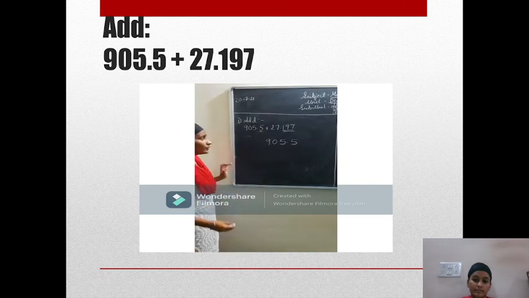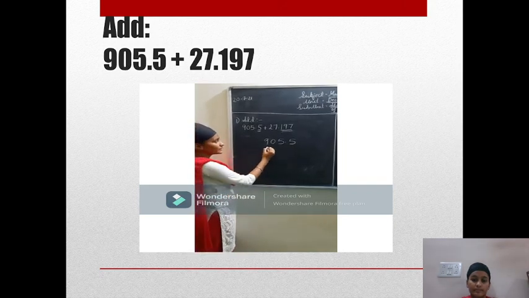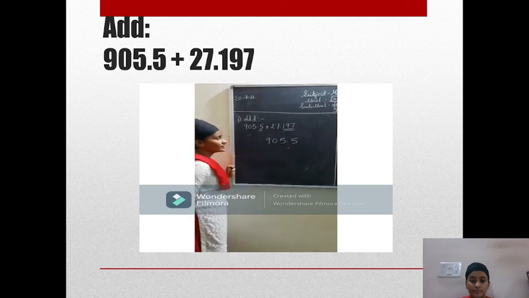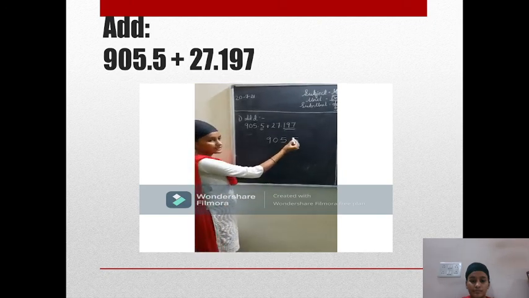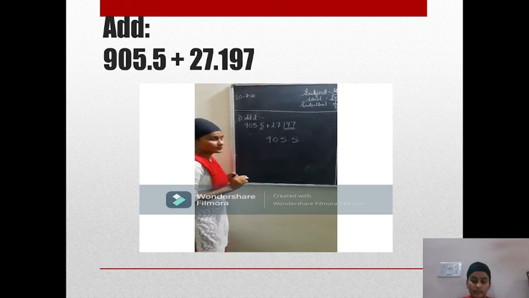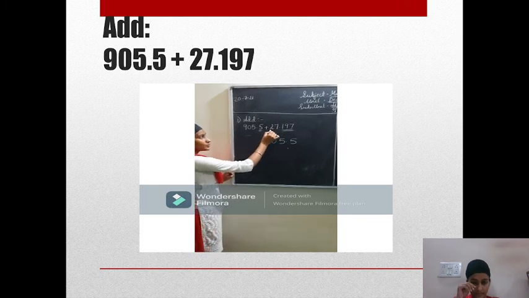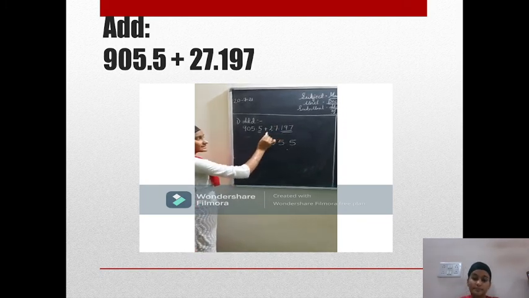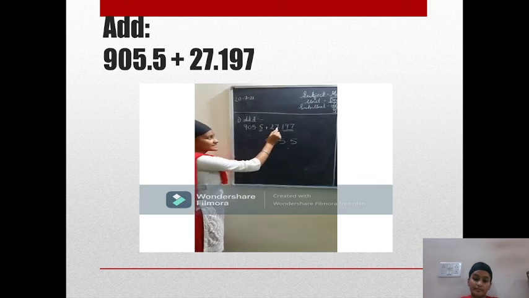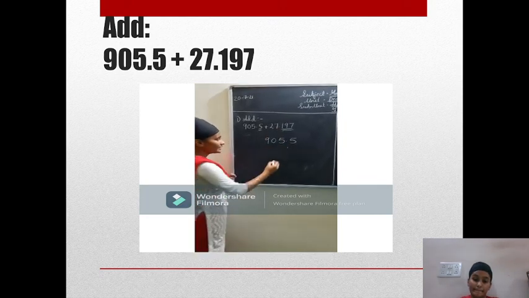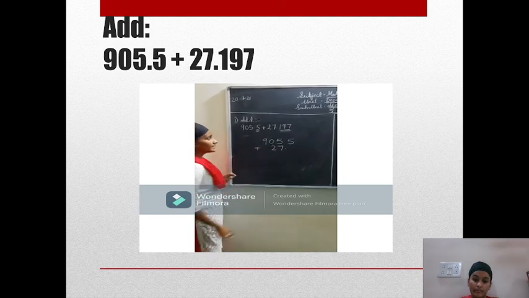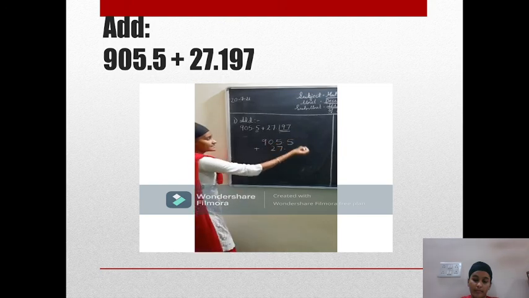Now, how will you write 27? You will write 2 and 7 here? No. You will write the decimal point first, because the decimal should be this side. It should not be here or here. Now see, 7 and 2. This is in the units place, this is in the tens place. I will place the 7 also in the units place. So 7 and 2. Now the things which are remaining, 197.